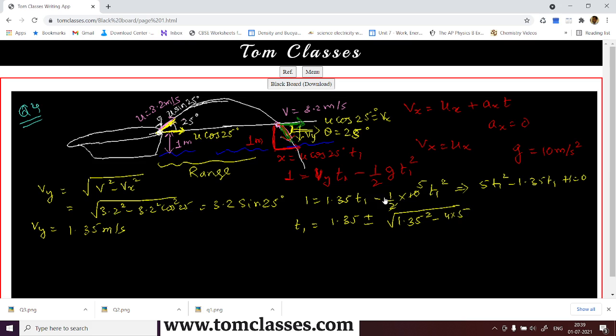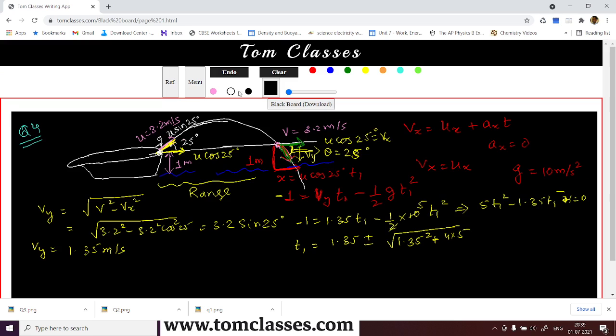Okay, I think there is some mistake over here, like 1.35 meters per second. This will be minus 1. That is the error here, so it will become minus 1. So it will be plus, right? Yes, that is the sign problem. So you see that this is going to be minus, and because of that it is happening.